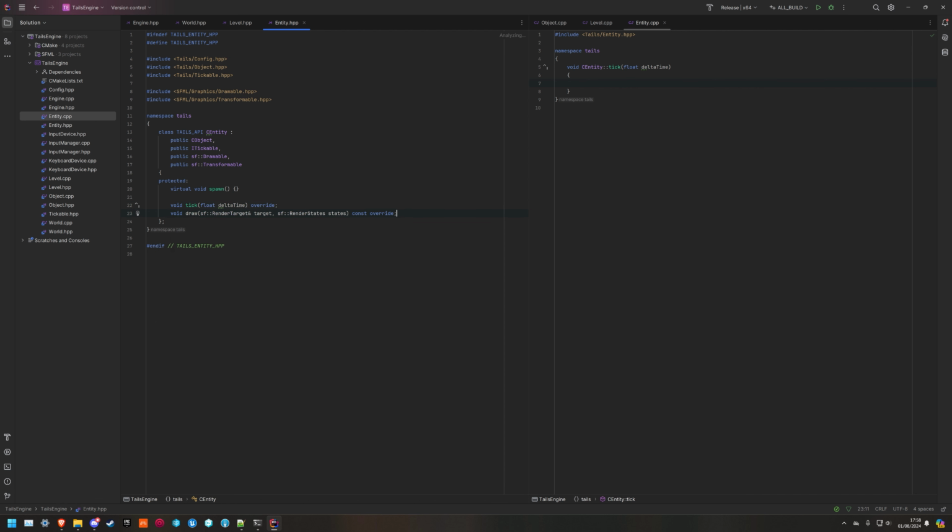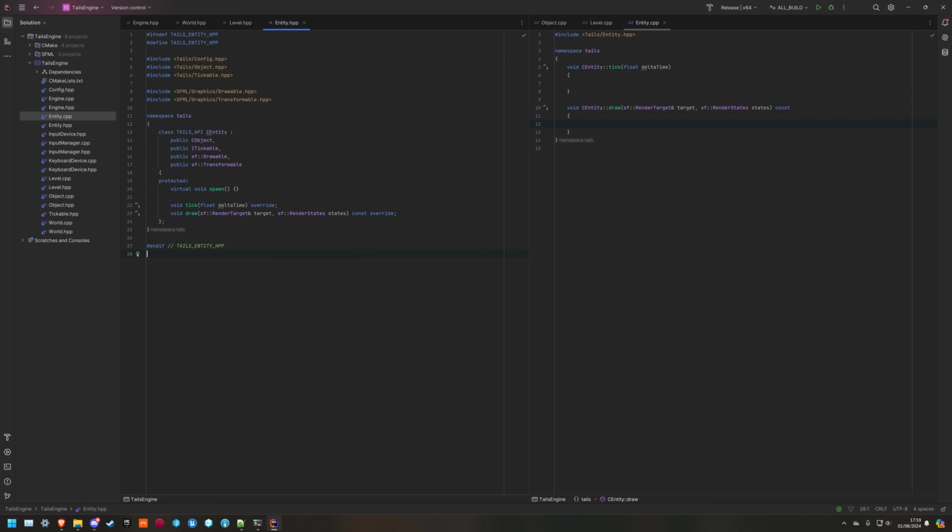And also draw. I also don't know if I want every entity to be just a sprite. I'm thinking I might. I don't really want to have the complexities of having entities have components. I just want to be able to say, okay, make an entity and have it have this image and this kind of thing. So in that case, we don't want to inherit from these two, we want to inherit from sprite. But